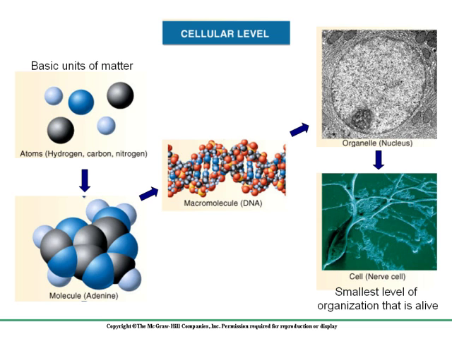Now, various organelles are going to come together to form the cell. Here, for instance, we have an example which is a nerve cell. And the cell is extremely important. The cell is in fact the smallest level of organization that is actually considered to be alive. Remember earlier we talked about the fact that we can have living organisms that are composed of single cells.